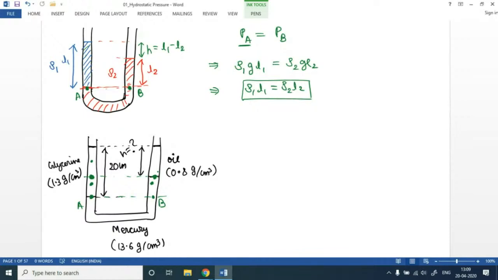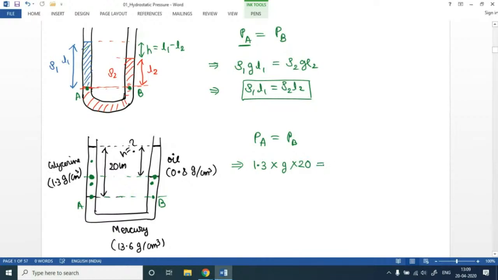if they are in a homogeneous liquid, or in a liquid with the same density, you can say. So simply we will be writing PA is equal to PB in this case also. So the gauge pressure at A is simply going to be, because above it only glycerine is there, the density of glycerine, 1.3, into g into the length of the glycerine column, so that is 20 centimeter,